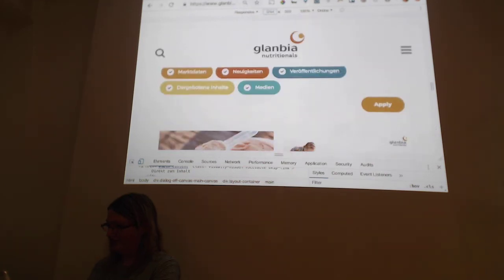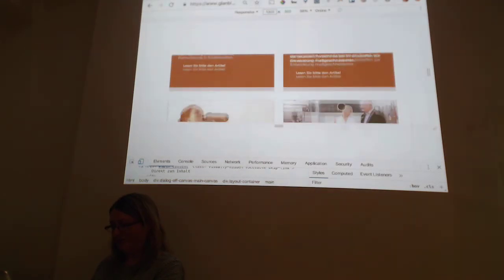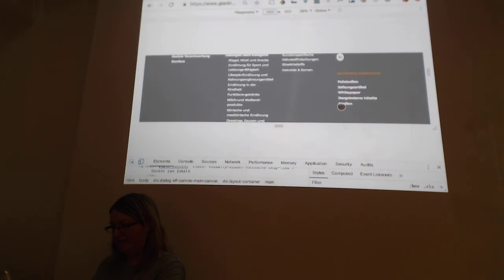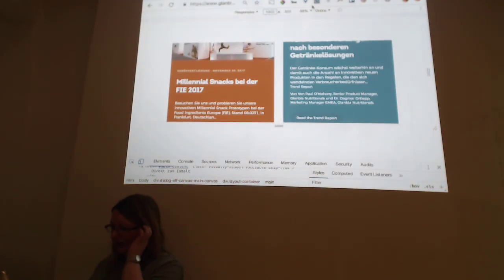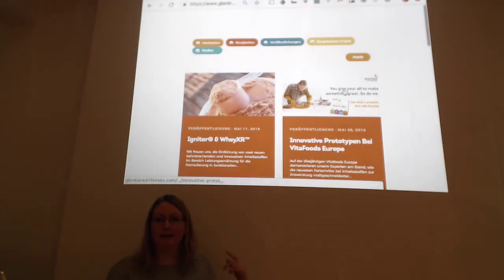It's the projectors. No, it's 58% again. If I change that, it goes back? I could change my resolution perhaps. Or you could open up your laptops and go to it.